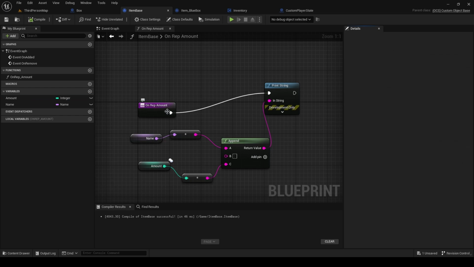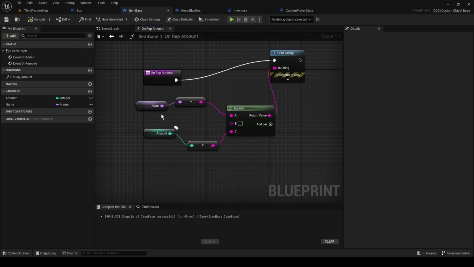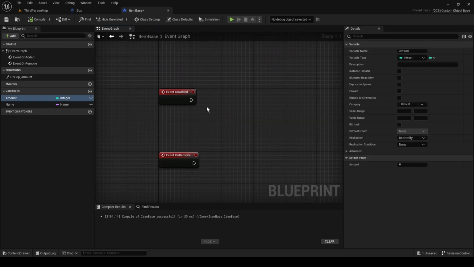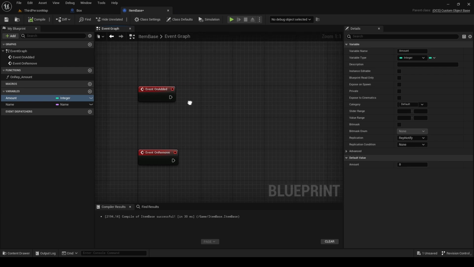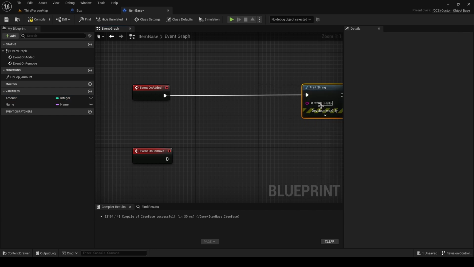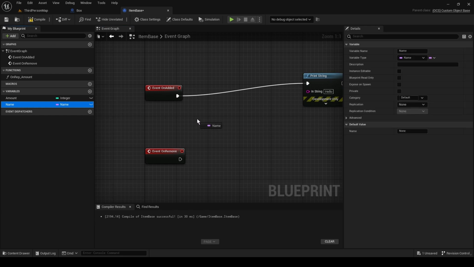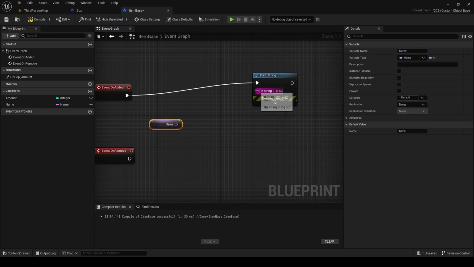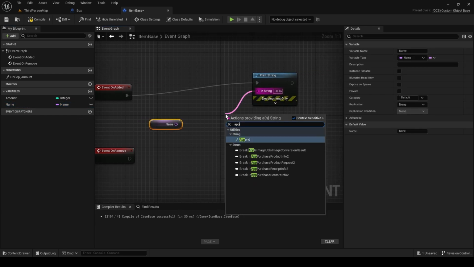In the on rep amount, I have also added some visualizing for the amount and the name. To visualize that an item has been added and removed, in the events we can call the print string, we can drag out the name, can create an append,